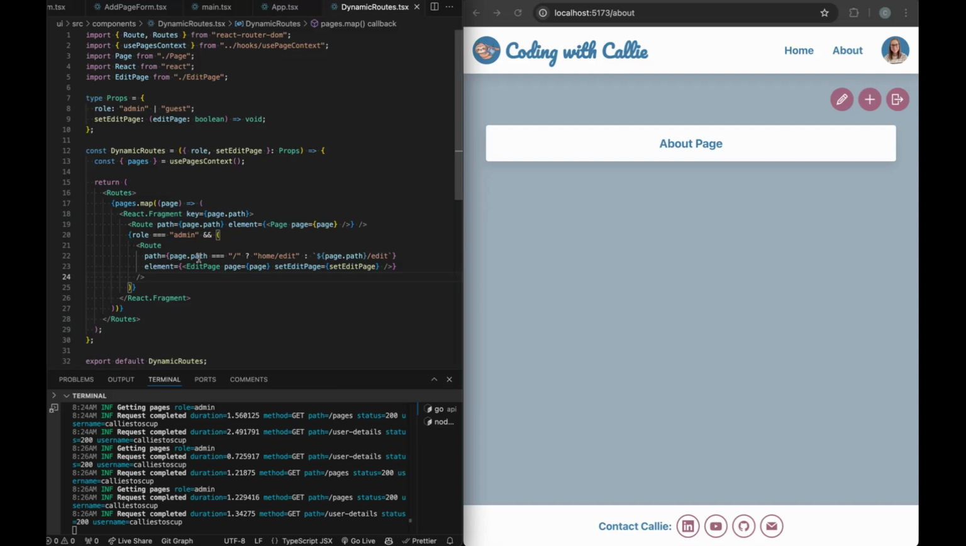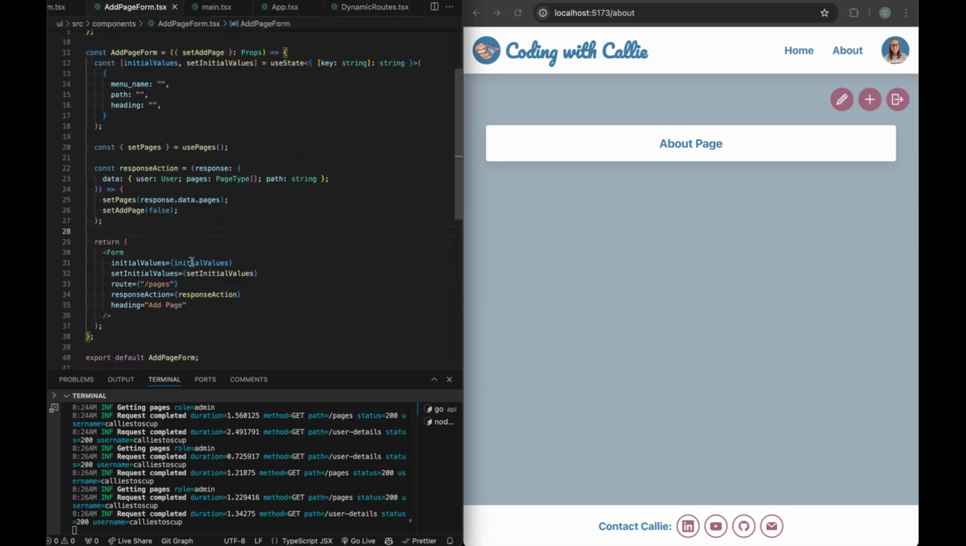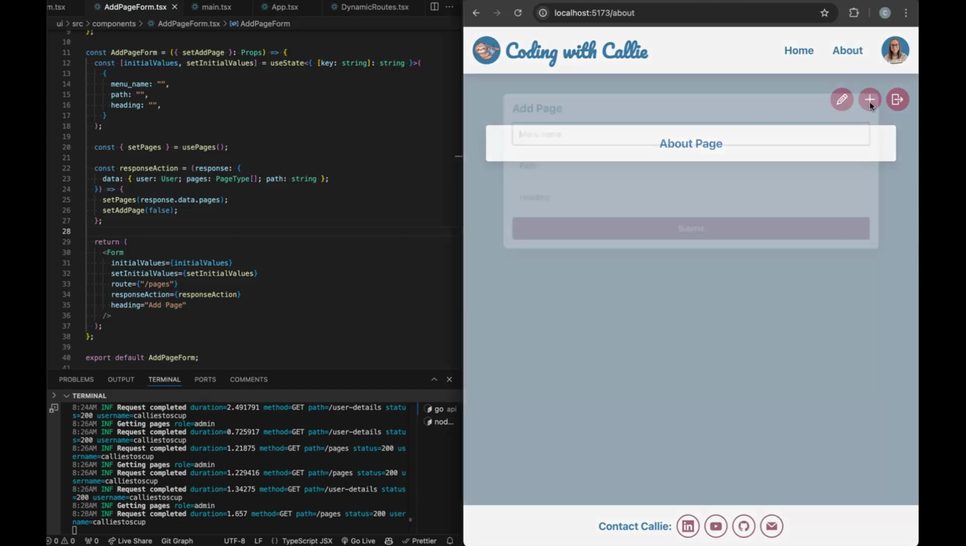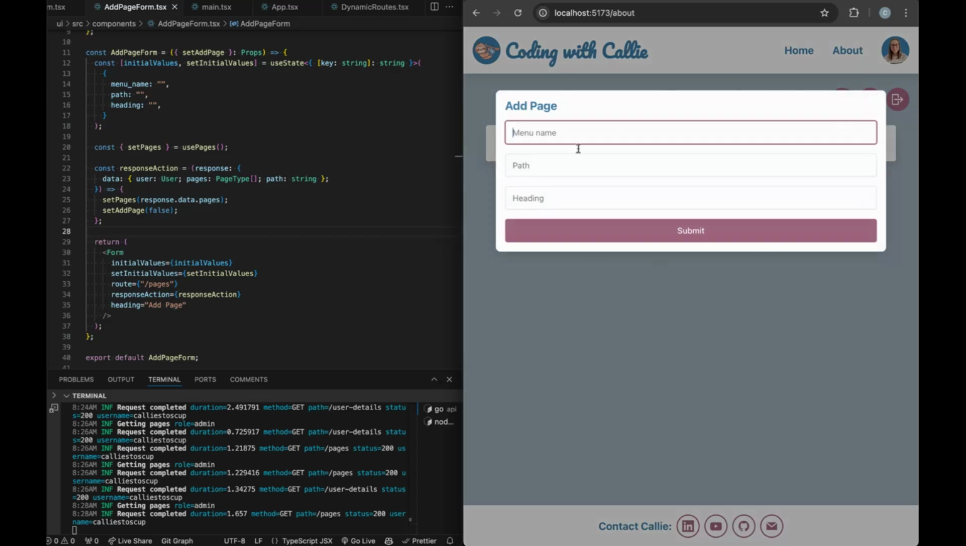Now let's take a look at how we add routes to our router, or rather add pages. For that, we have an add page form. So that is one of our modals, if you remember. And if I click here on the plus button, it's going to open up an add page modal, which is just going to be a